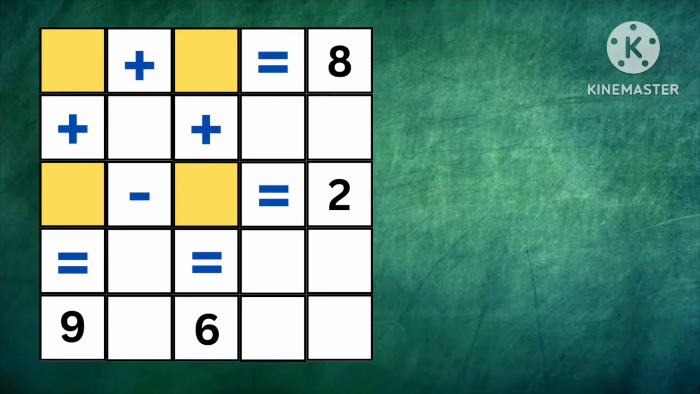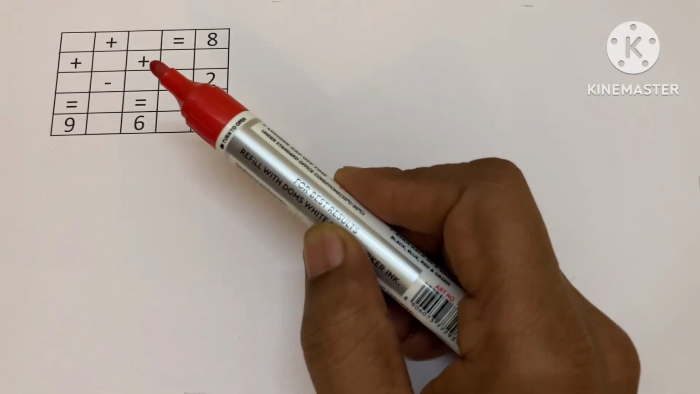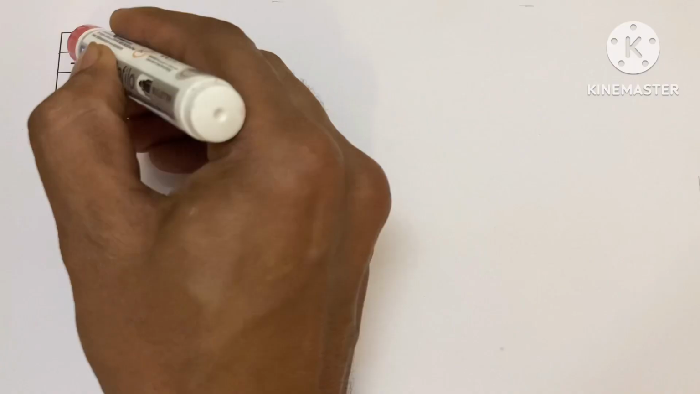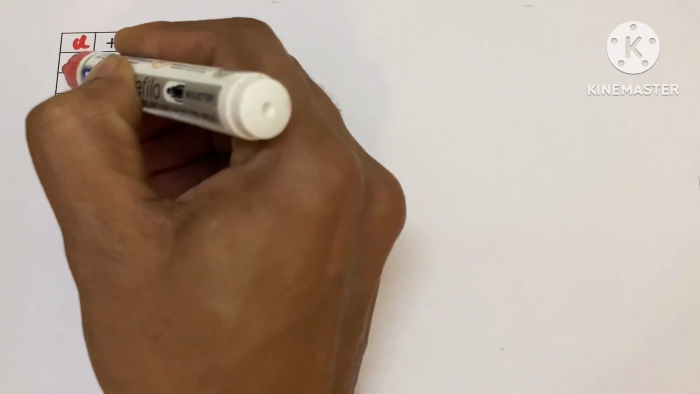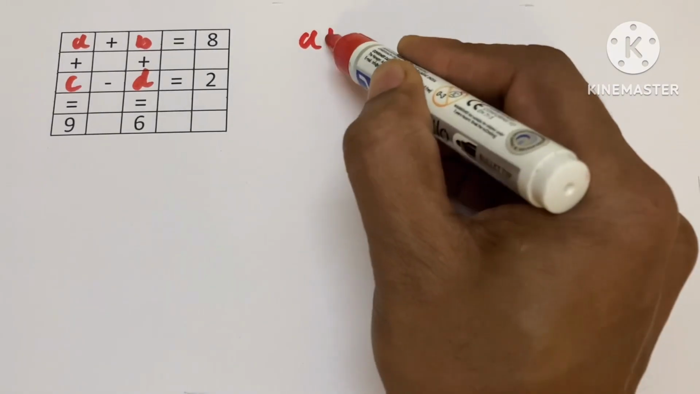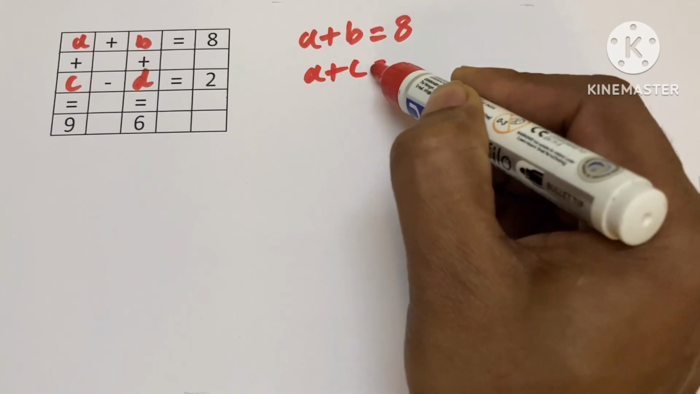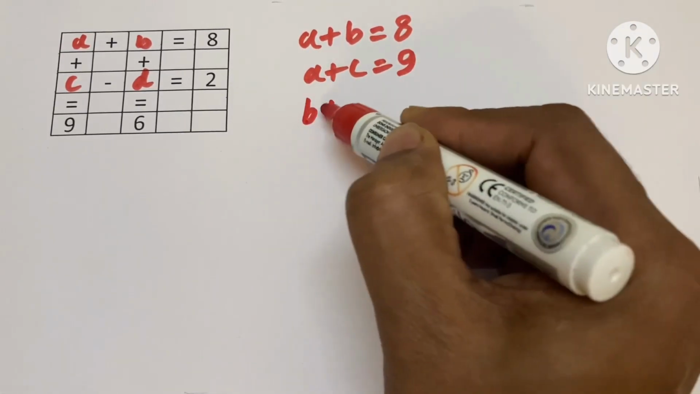At first impression, this question looks a bit tricky, but it can be solved with the use of linear equations. So let's assume these unknown numbers are a, b, c, d. Then the equations would be a + b = 8, a + c = 9, b + d